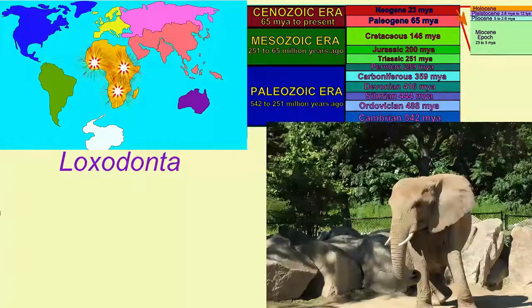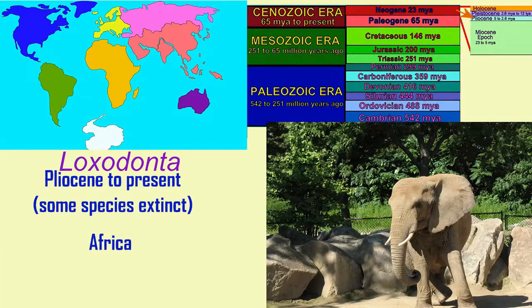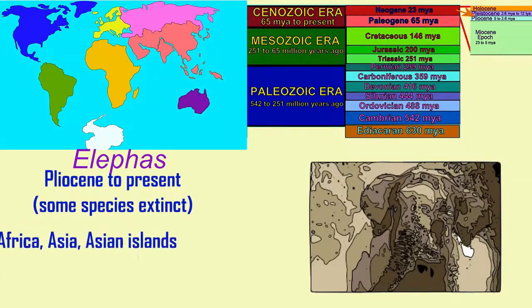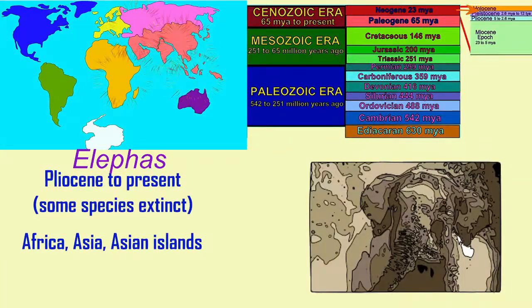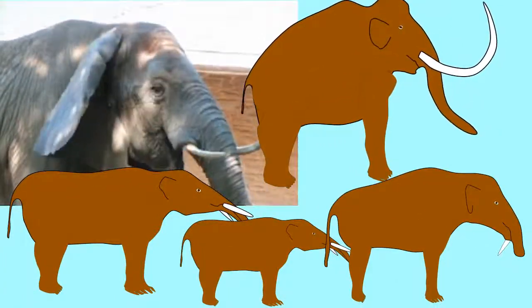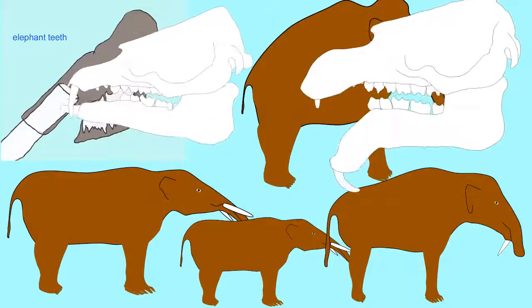There are two genera of elephants which have survived till today, although some of their species have become extinct. The genus Elephas is no longer known in the wild, and the genus Loxodonta is in danger of extinction, its two species.